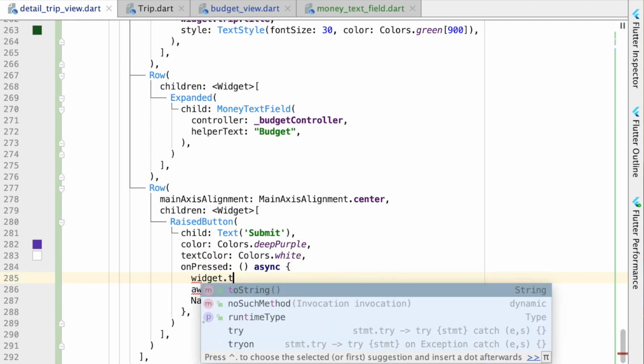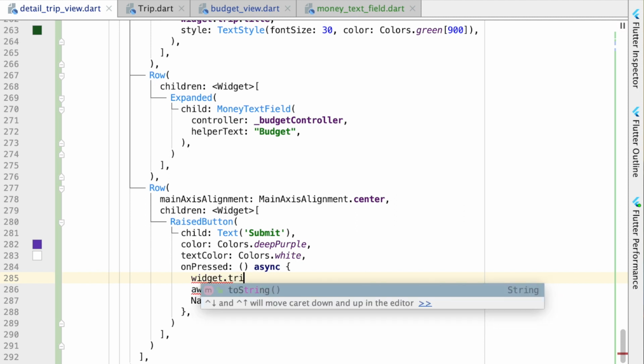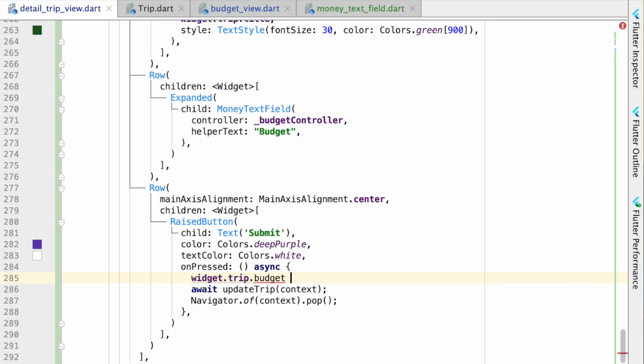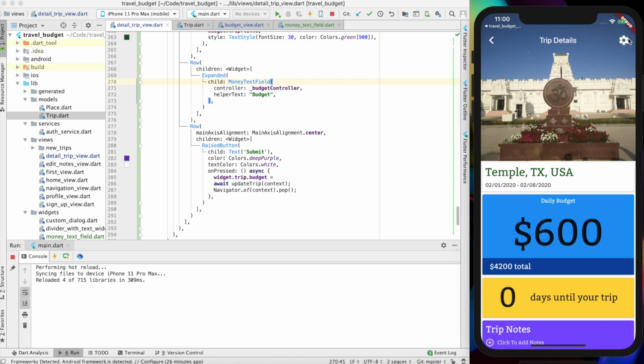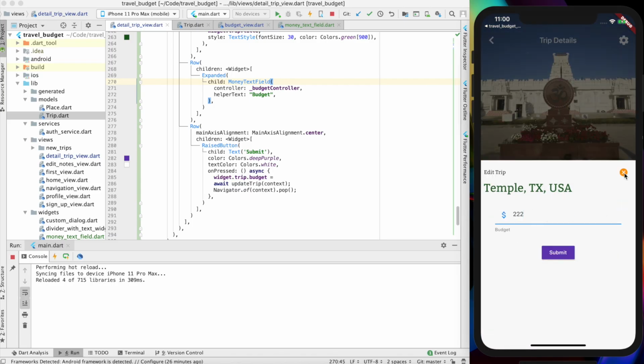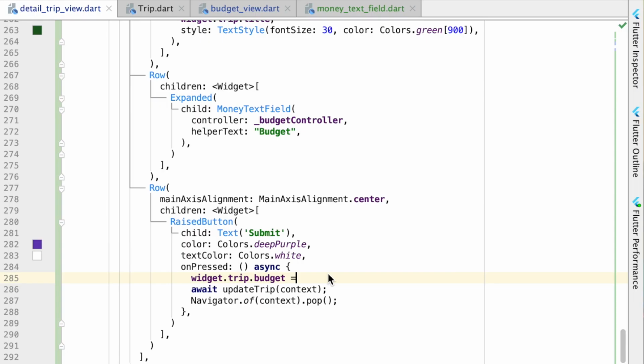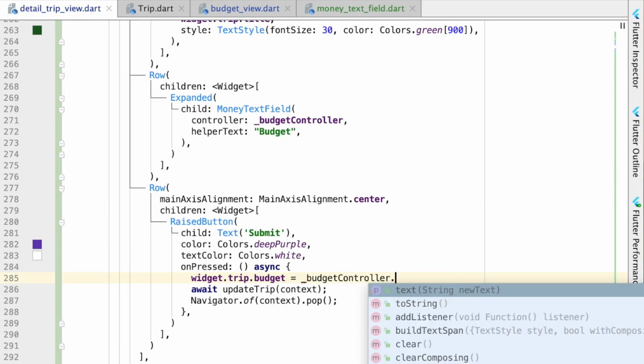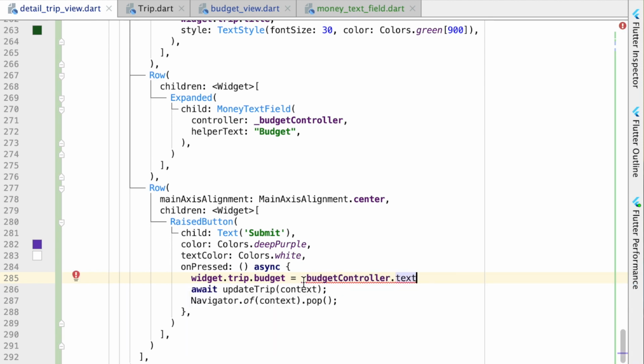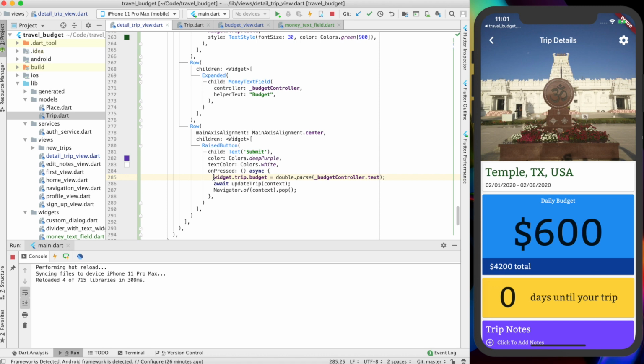We just need to call widget.trip budget and then set that equal to, and again, this is going to be equal to that budget controller text, because you'll notice right now the budget controller text is still equal to 222, so that is the value that we want. So just set this equal to the budget controller dot text, and since we need this to be saved as a double, we need to just use double.parse, and then we can give it that text item. All right, so at this point, if we were to rerun it,